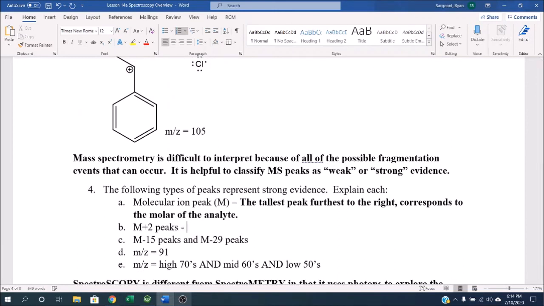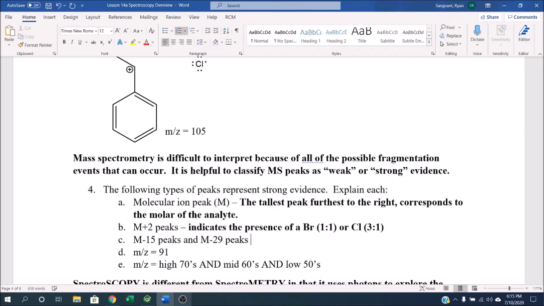M+2 peaks right here indicate the presence of either a bromine or a chlorine. The chlorine has a 3-to-1 height ratio, meaning that the M peak is 3 times taller than the M+2 peak, and bromine has a 1-to-1 height ratio, meaning that the M peak and the M+2 peak are approximately the same size. M-15 peaks, we did look at one of those, I'll show you that in a second,